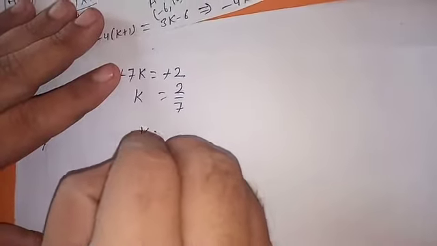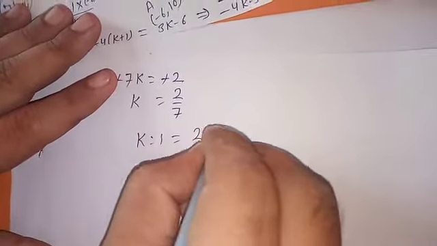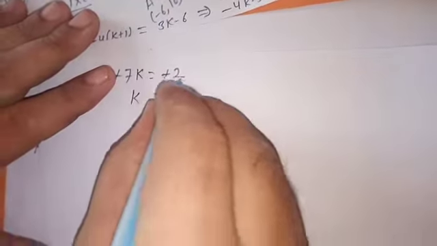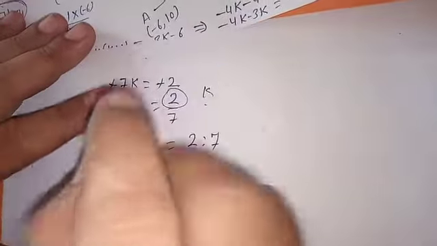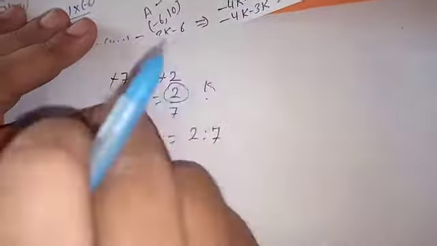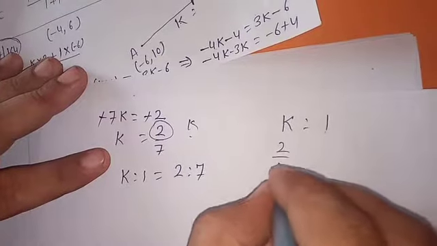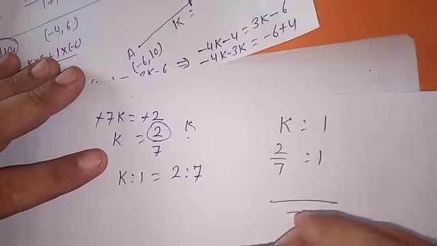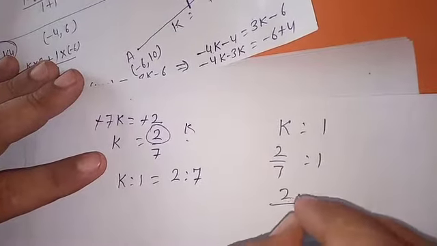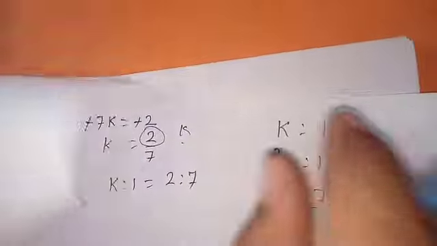So K to 1 is 2 to 7. Here the numerator is K and the denominator is K to 1, taken that way. Understood? Or in this way, understood? K to 1, so 2/7 is equal to 1, LCM taken 7, so 2 to 7. You can apply it either way, no problem. This is also okay. Understood? So solve this example. We will start the exercise.